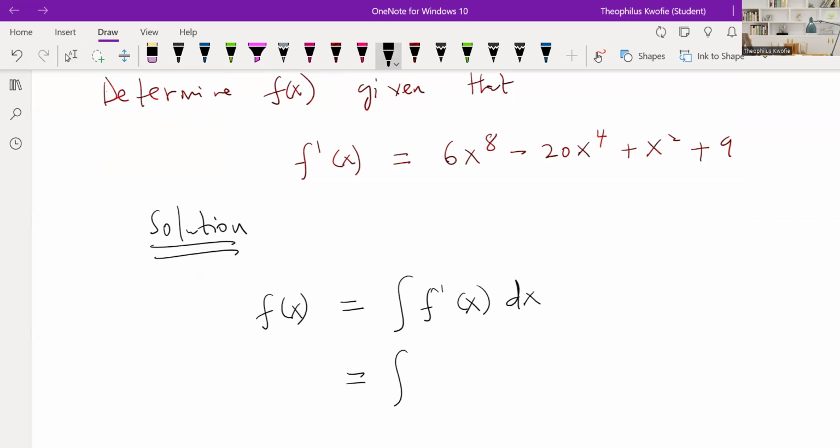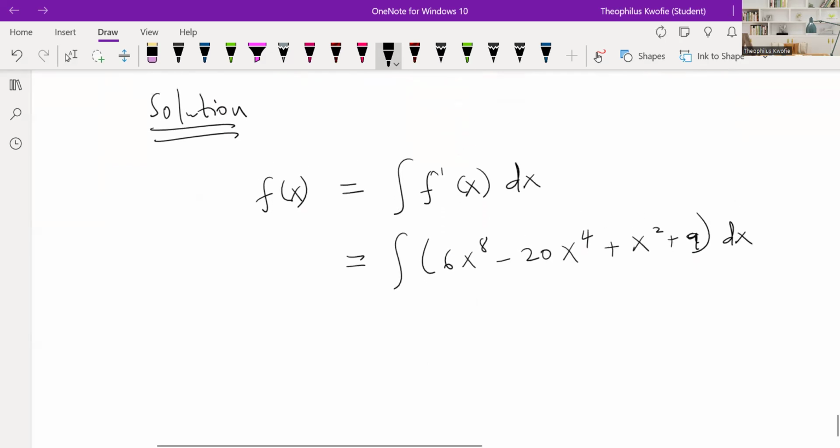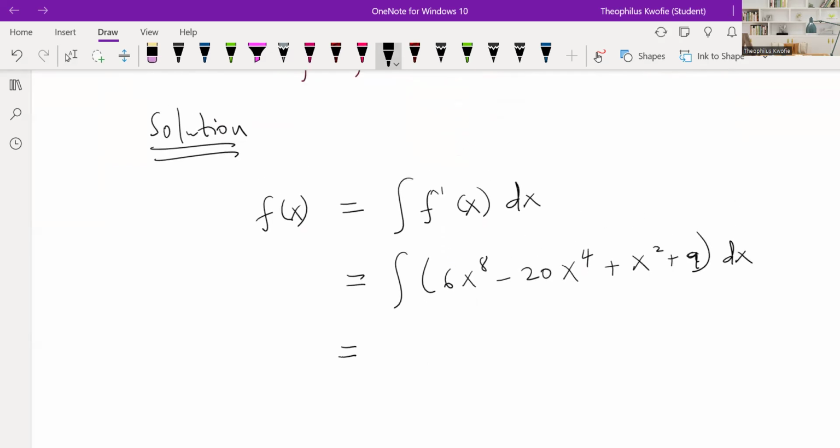Now it means that our integrand is now the differentiation. And what is that? That is 6 multiplying e to the power x minus 20 x to the power 4 plus x squared plus 9. Very important. Now, by the linearity property, we do our distribution, and we have the integral of 6e^x dx minus